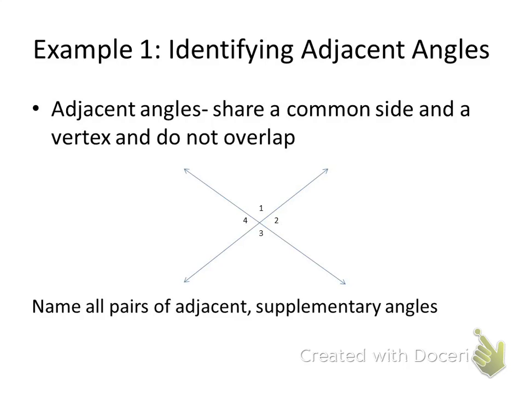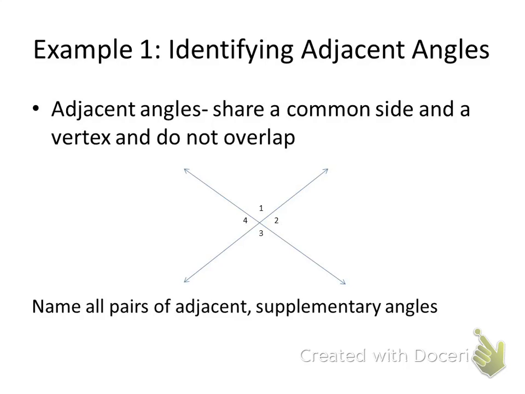They have to share a common vertex as well. And then overlapping means that they're basically just not going over each other. So they meet at a very specific point. They don't cross that to overlap. I'll give you a minute to sketch this, so I'll pause the recording and then we'll go over identifying the adjacent angles. So when I look for adjacent angles, I'm looking for angles that share a common side,